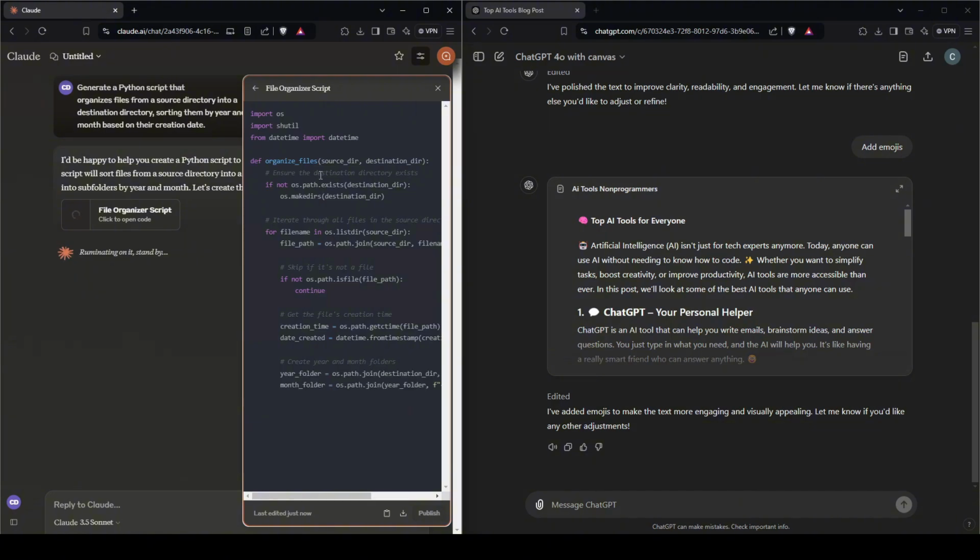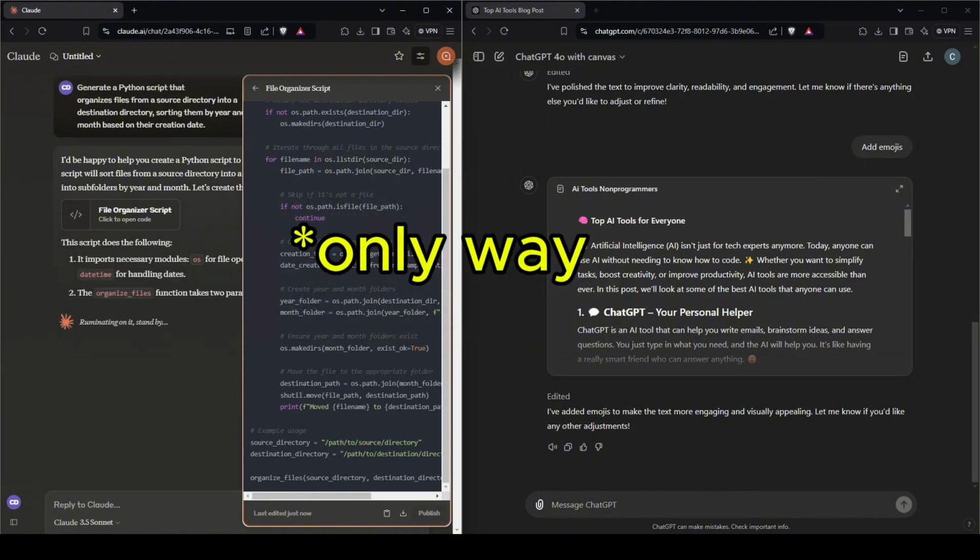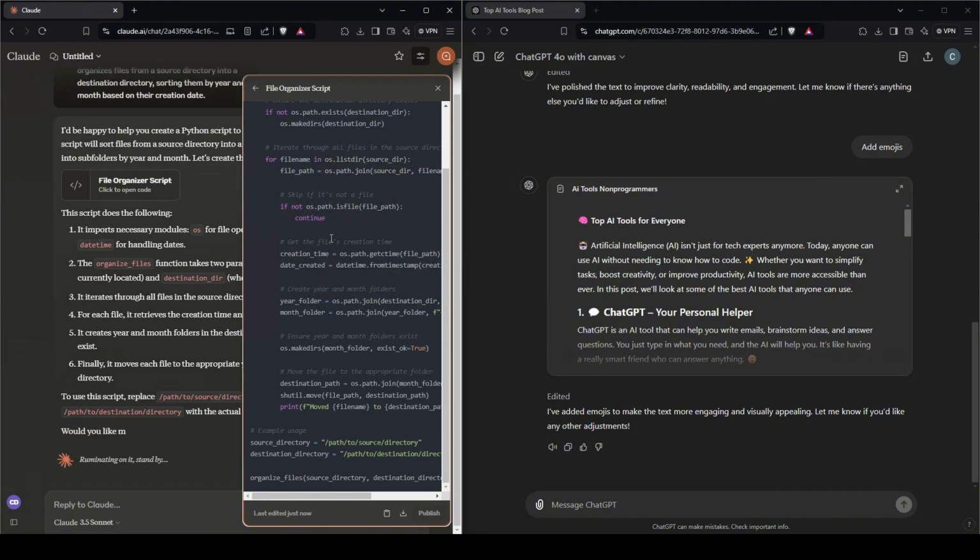So here's the script, and it looks solid. Of course, the only way to know if this works is if we run it, but Claude can't run Python scripts natively. We can download the script or copy it and run it externally, but that is outside the scope